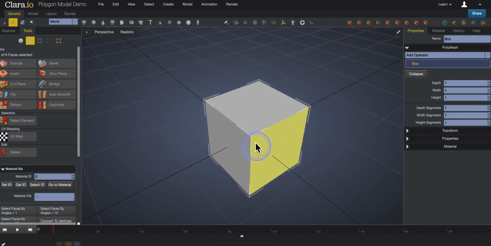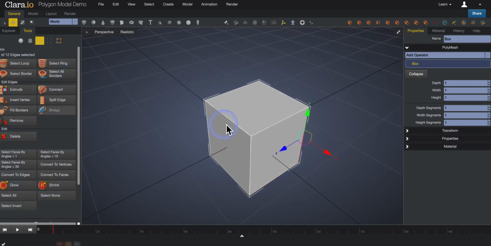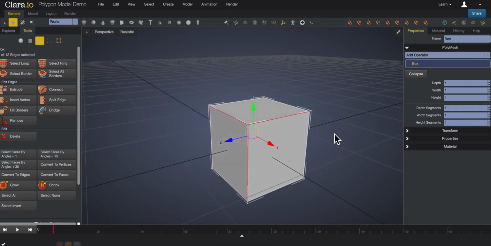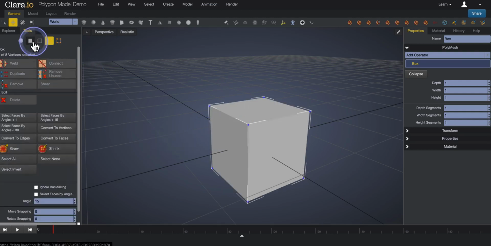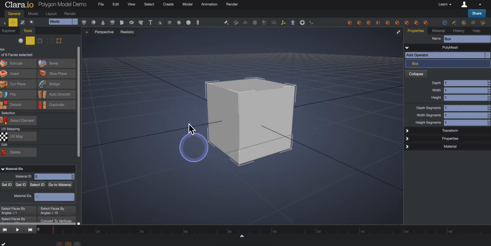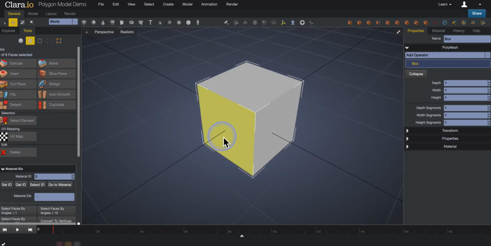Okay, and the same thing goes with edges. Control to add to the selection. Again, you can see they're highlighted right there. Hold down the Alt, Option key to deselect. And same thing with vertices. So once you get used to working with those three, and that'll take a little bit of time, the next